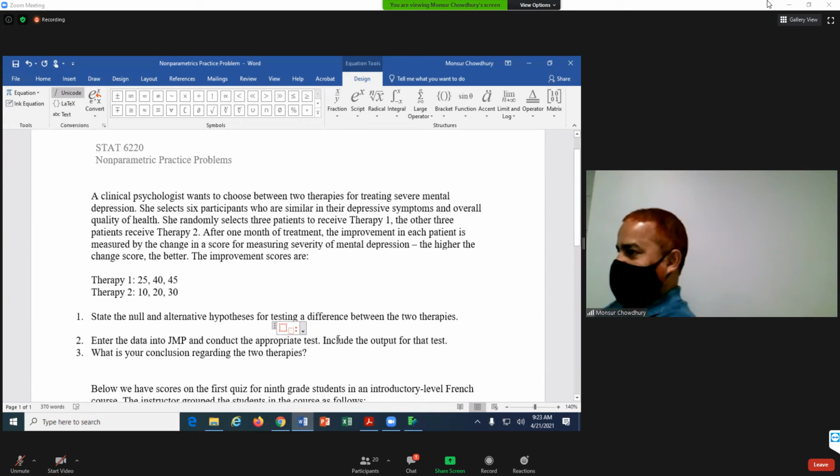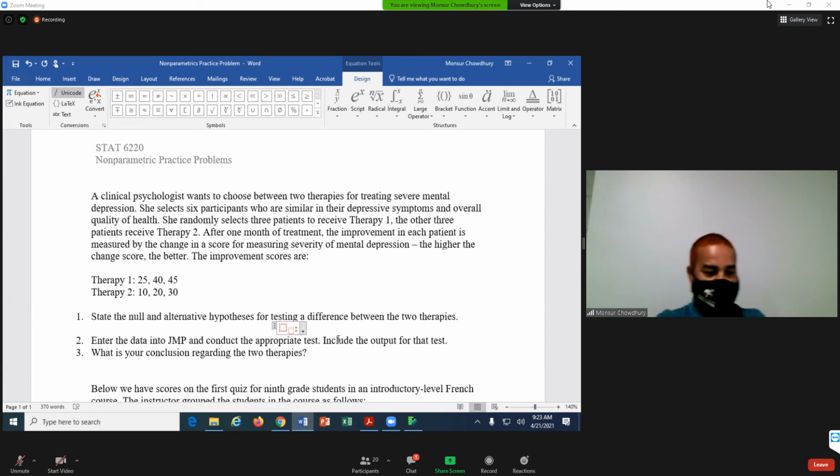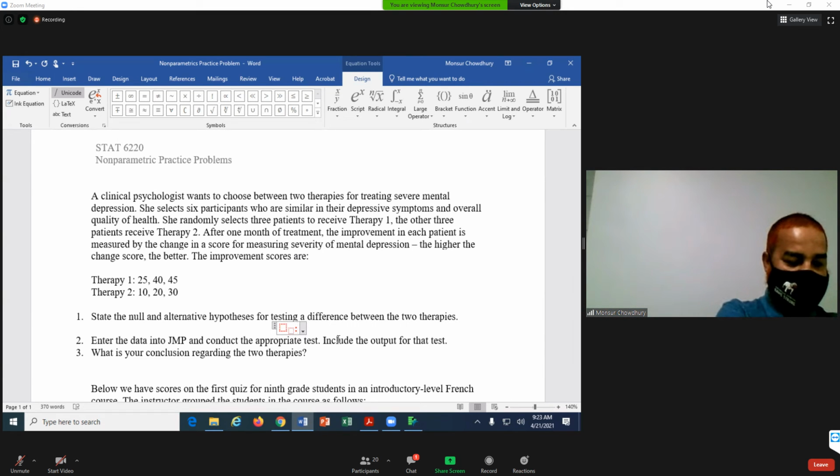The average rank. So you have to mention this because this is not a parametric test. So we can say the average rank for improvement for the two therapies is the same.